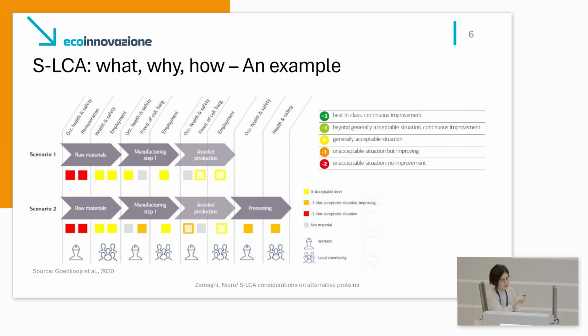And you see that in each life cycle stage, we have social aspects. Some of them are recurring, such as occupational health and safety, remuneration, or employment, because these social aspects are relevant for that specific step of the life cycle, for that specific stakeholder. So you understand what the life cycle means with this picture. And what the social LCA methodology identifies, first of all, are the relevant topics for the product system that we analyze,